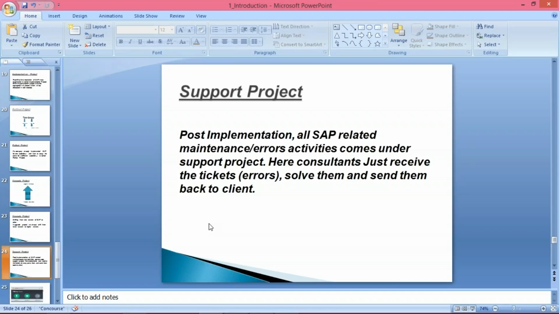So let's suppose Tata Motors has given this support activity to Wipro Technologies. What will happen? Wipro Technologies is going to hire a team of consultants. Let's suppose 20, 25 or 30 people. There will be a team of 30 people, totally dedicated to Tata Motors itself. It means they'll be sitting at some central location, let's suppose in the Wipro office itself, in Hyderabad, Mumbai, Bangalore, anywhere, and from there they are going to give the